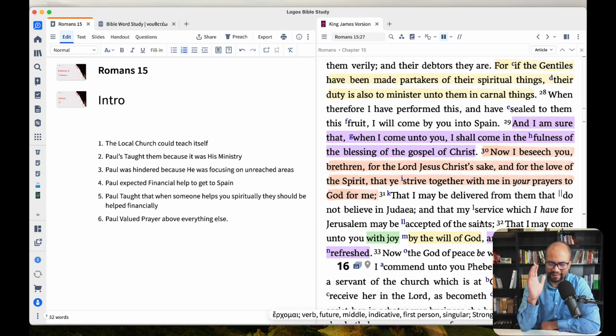So as I'm looking at the flow of thought here, this is just me roughly outlining the text as I'm looking at the major movements. And my goal now is to look for the CIT, or the central idea of the text. What's the central idea of this passage that I'm going to take now and structure the entire message around? It looks like,